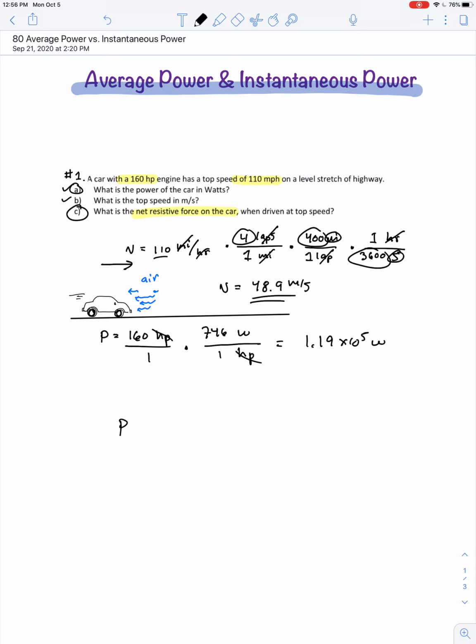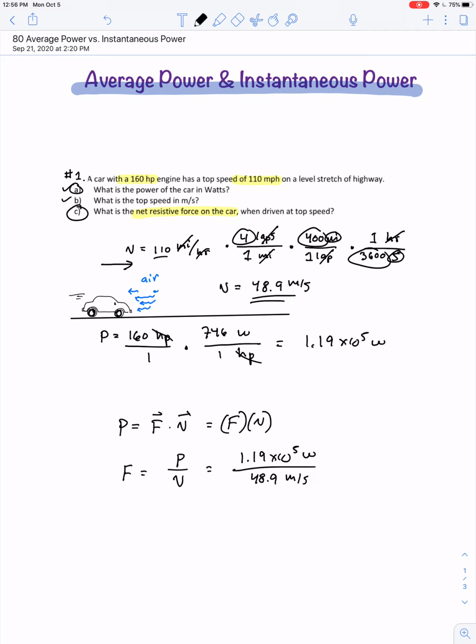So really the guts of this question are in part C to find the resistive force. So instantaneous power is the vector dot product of force with velocity. And that means we just need to rearrange a little bit here. In this case, the force and the velocity are parallel to one another. So we can just say it's the magnitude of the force times the magnitude of the velocity. So the force is nothing more than the instantaneous power divided by the top speed, 1.19 times 10 to the 5th watts divided by